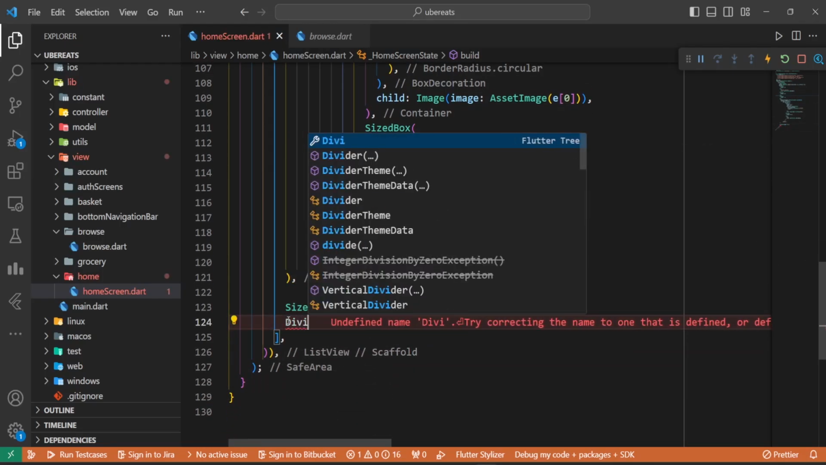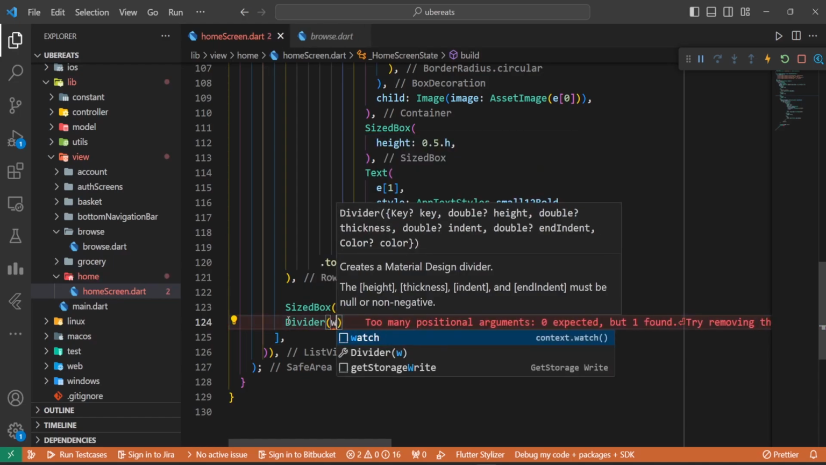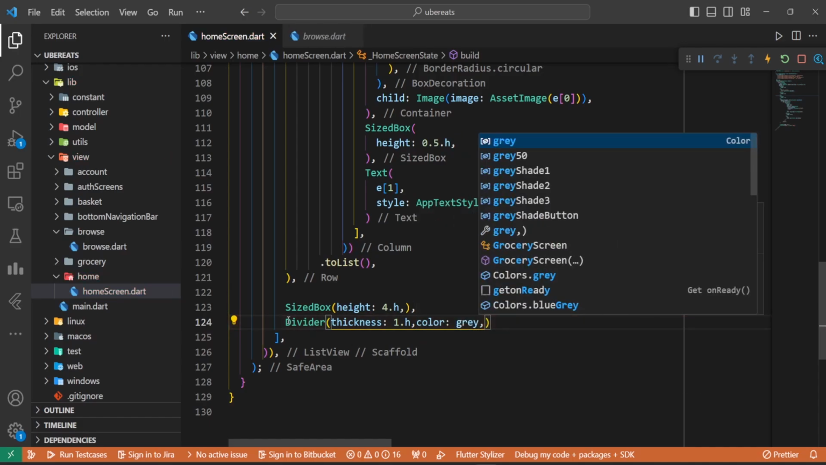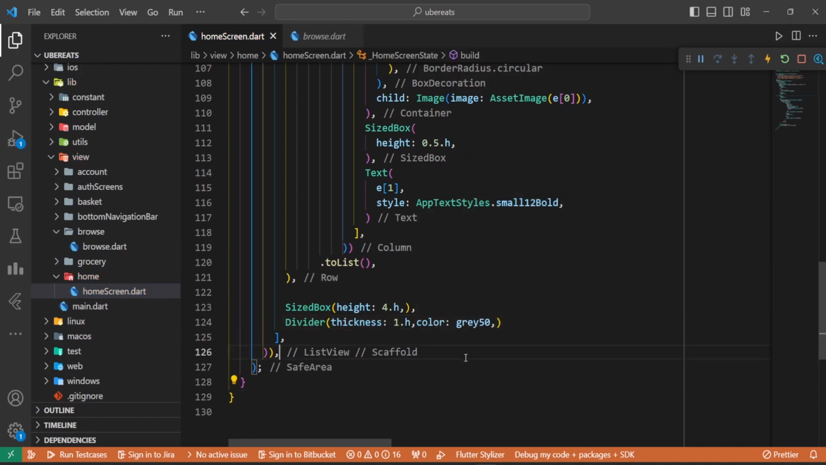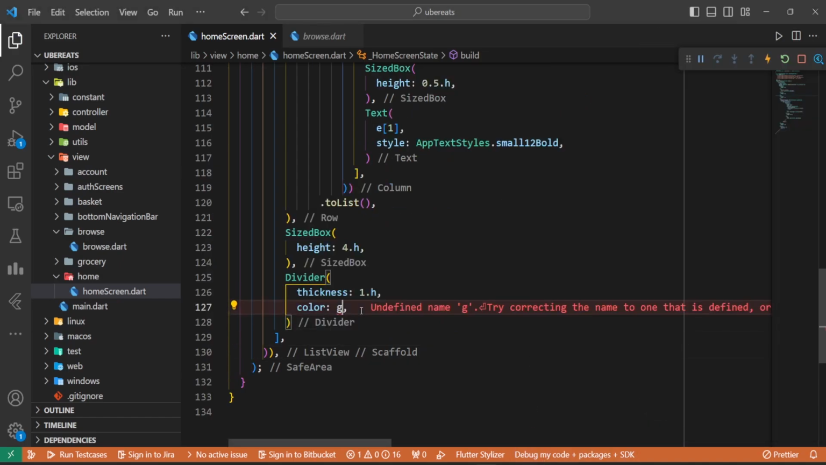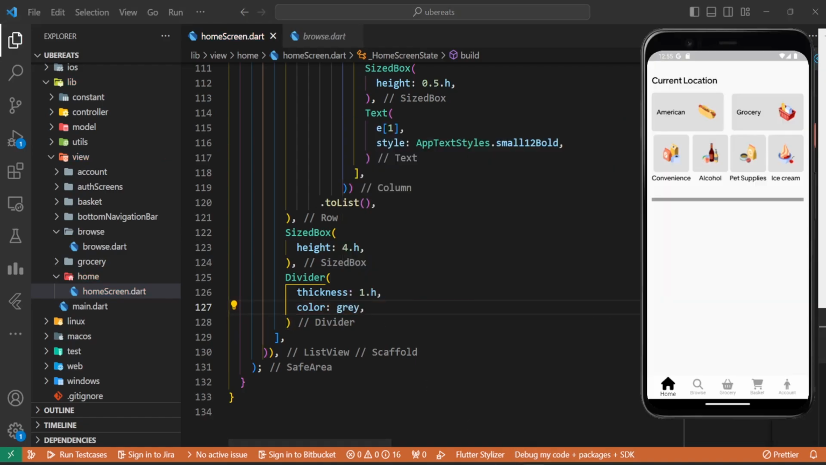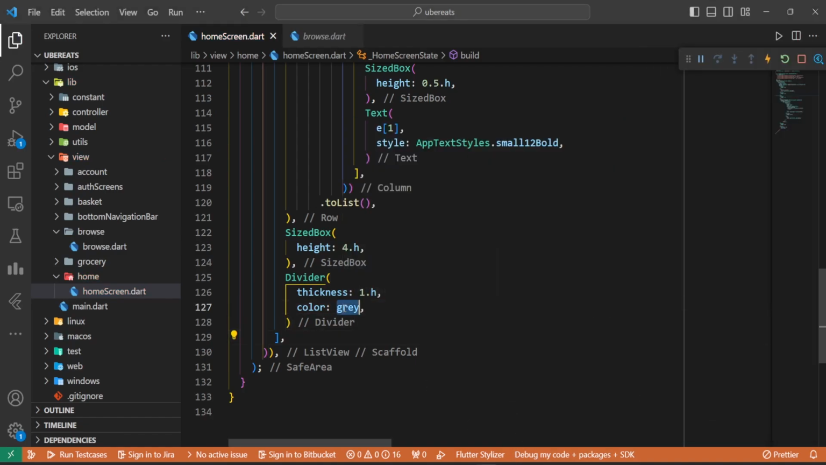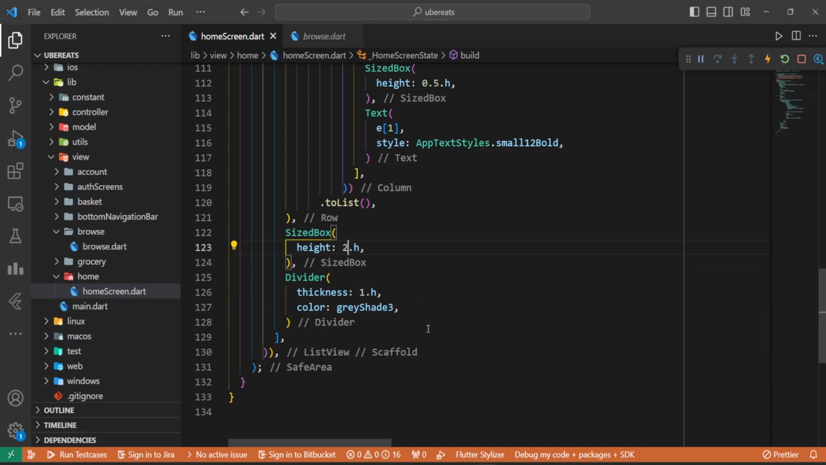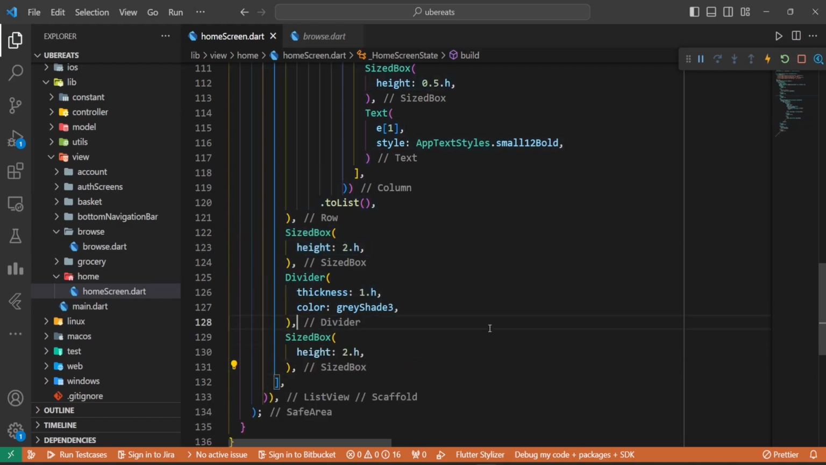Let's go with divider. With thickness, let's go for 1.h. Color, let's go for gray 50. Now let's save it. We have to go with a little darker color. Let's go with gray. Okay, it's too much. Instead, let's go with gray shade 3. Let's save it, and yeah, good. We don't want 4, we instead do need 2. Yeah, we will copy this one, paste here, save it,